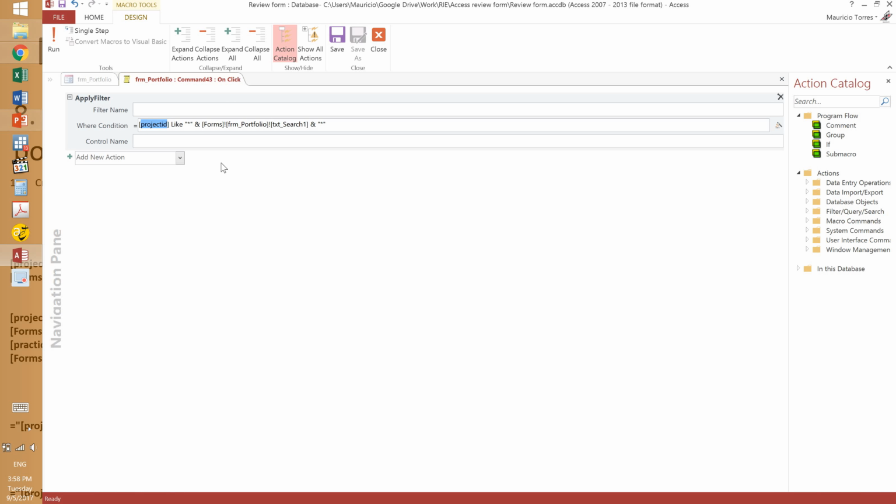The only thing I need to change is the variable. So first of all, this is not the project ID, but I want to look in the project name. So the name is WBG project name, and I need that to match not the search 1 but the search 2 field. Alright, so I'm going to copy this. I'm going to add this "or" space, and then I paste it again. So I want Access to look not only for this keyword in the project name but also in the country. And "or" also not in the country or the project name but the practice. And that's it. So I click on save,